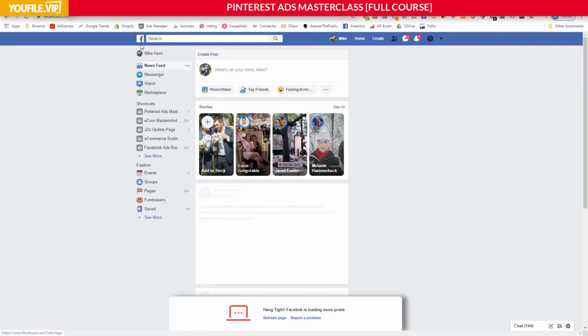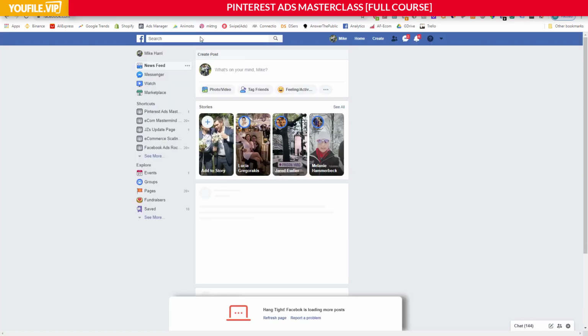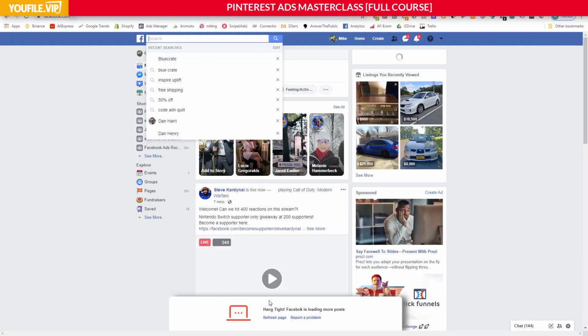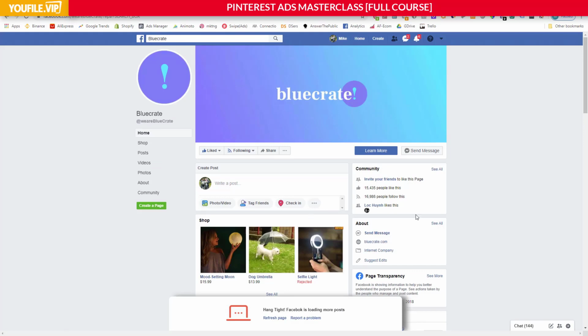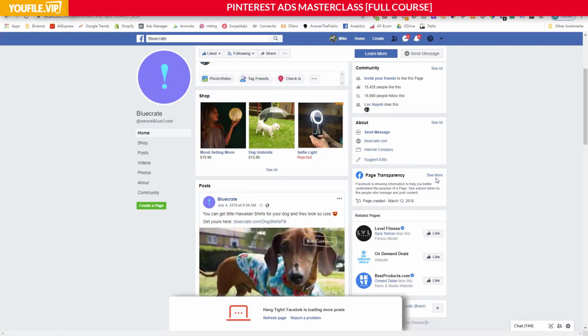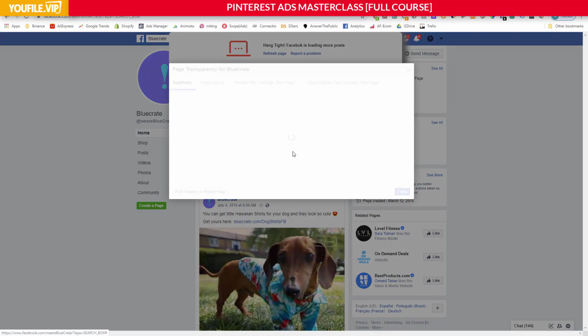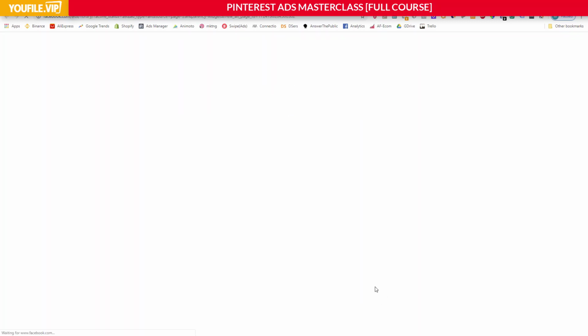But yeah, so you can do that, search videos, and then another way is to look up other drop shipping stores. So you could look up a big one here, Blue Crate, and then you can go to page transparency, see more, running ads. You can go to ad library,